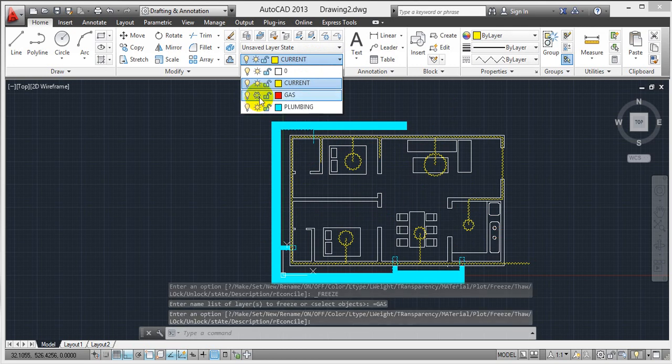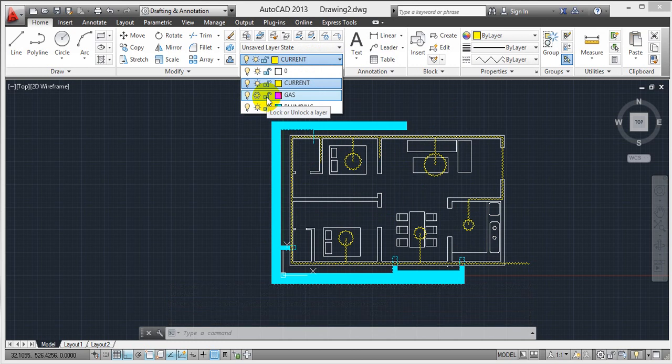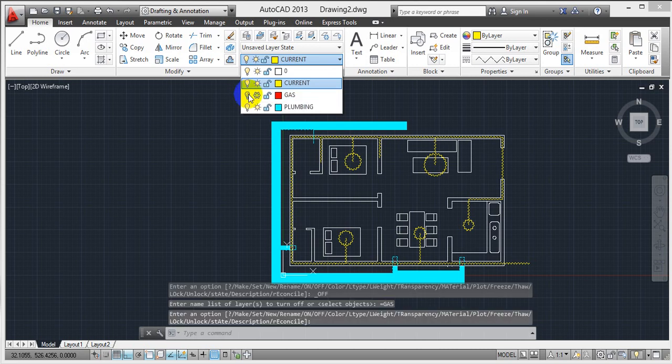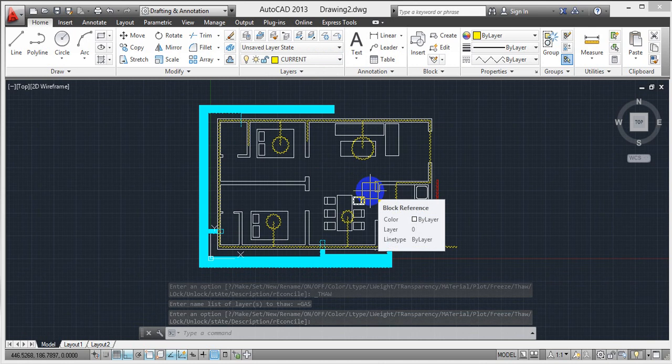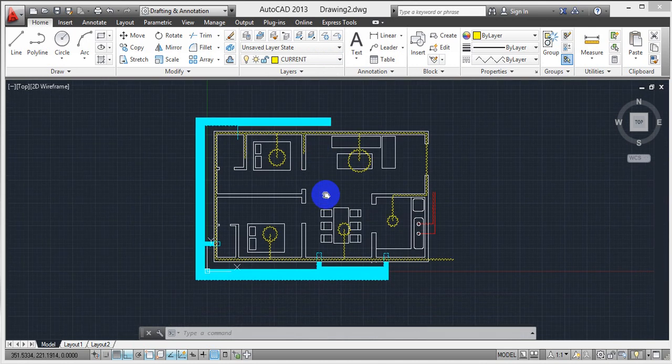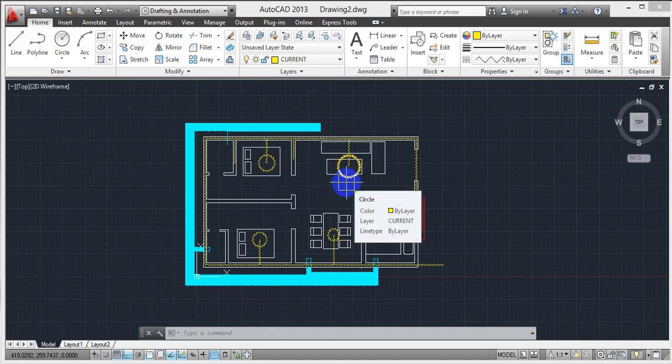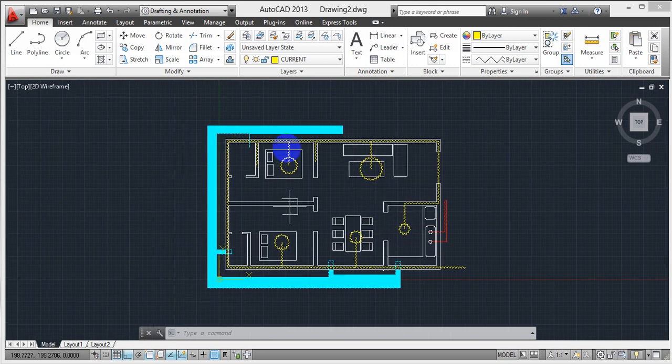So the meaning of freeze is hide, the meaning of lock is locking the layer, you can see it but you can't modify it. And turn off means totally remove the area. Okay, this is the concept of layers. The remaining diagrams will be from 3D. We will start 3D tomorrow. Learn about this, you have to make a home plan layout and try these electricity lines.